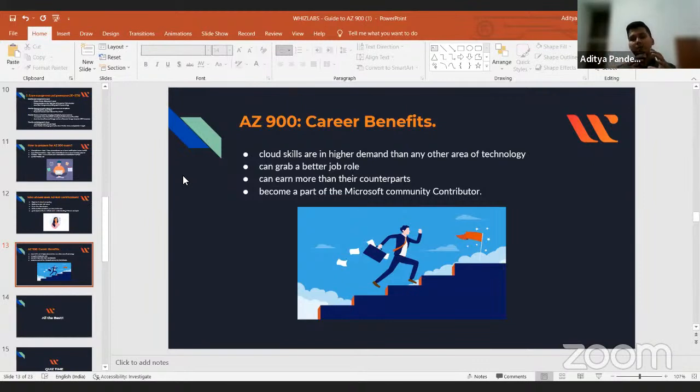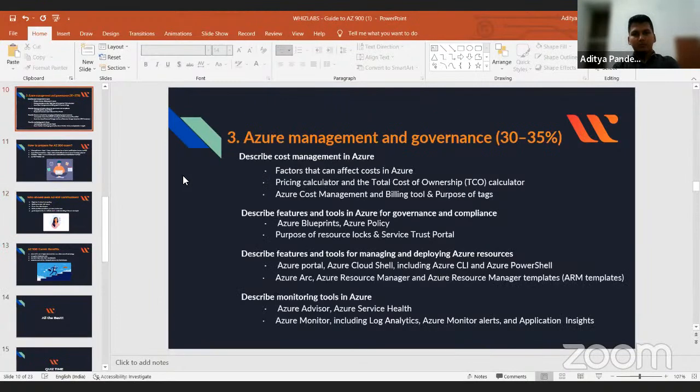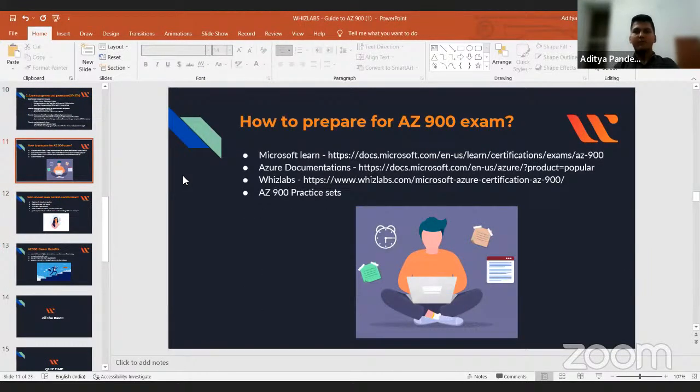You have the capability to let other people also understand the Azure cloud, right? You already have the better understanding, so now you have the chance to educate people about the cloud, right?